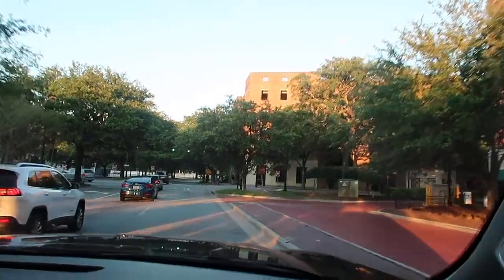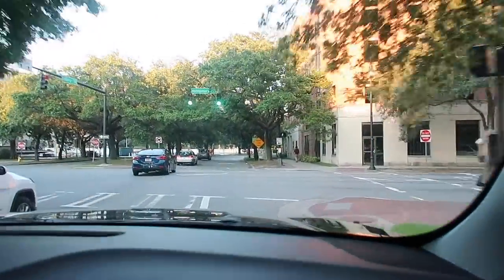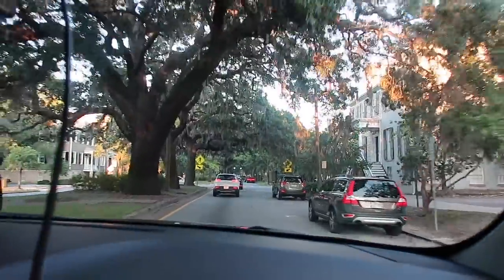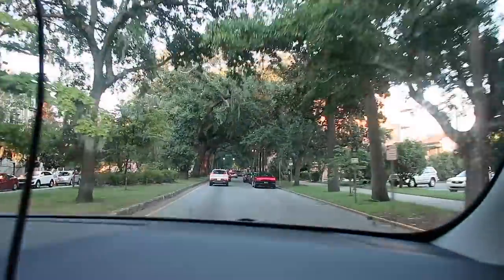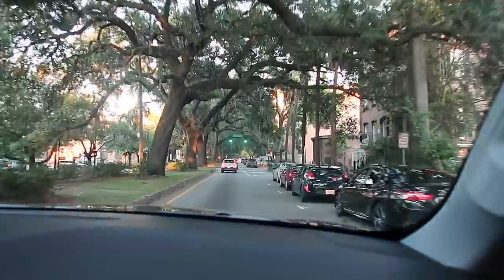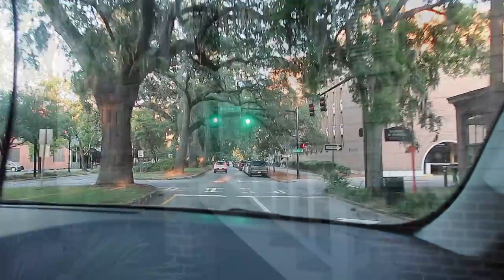First glimpses of Savannah. Well, here's the trees I've been looking forward to. This is what I've been looking forward to, the trees. It's almost like as soon as we're in the town, the trees have changed. I like the houses with the shutters as well. Yeah, all the shutters are so...